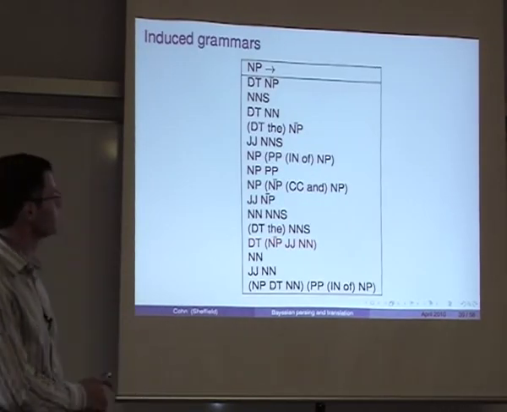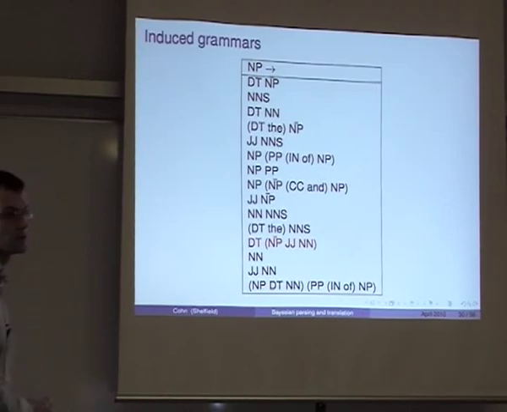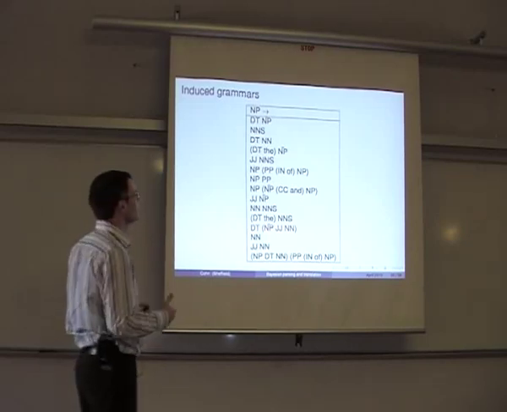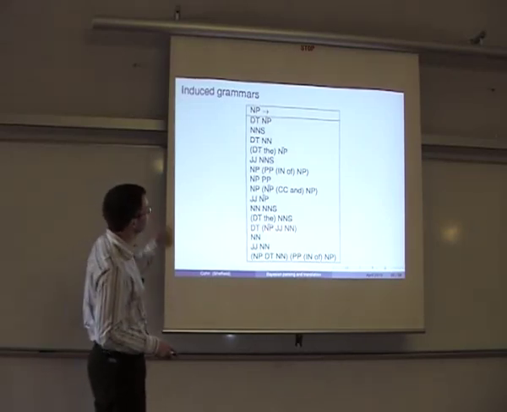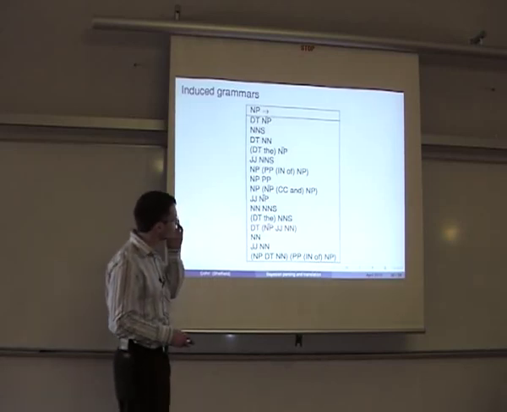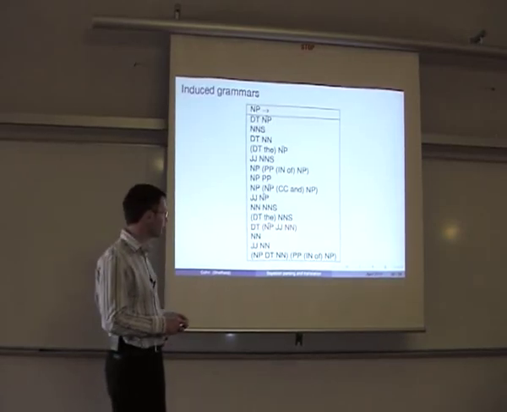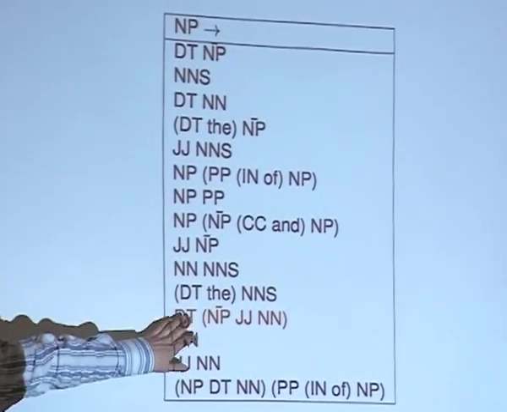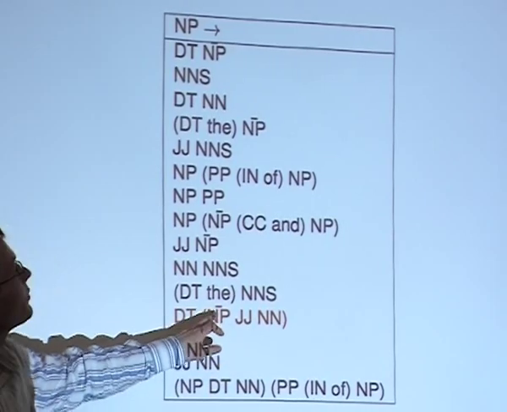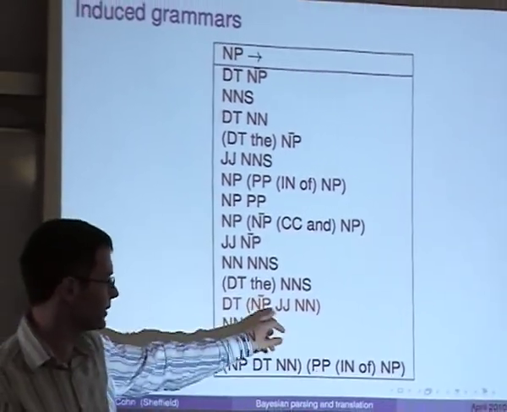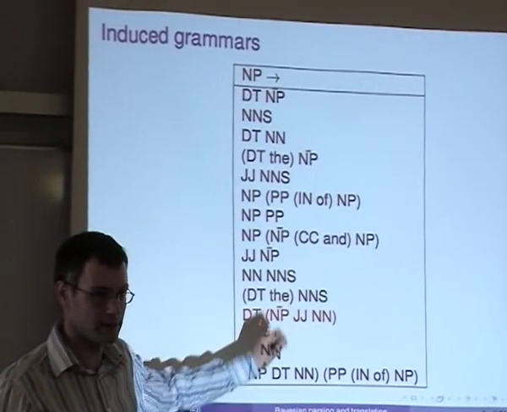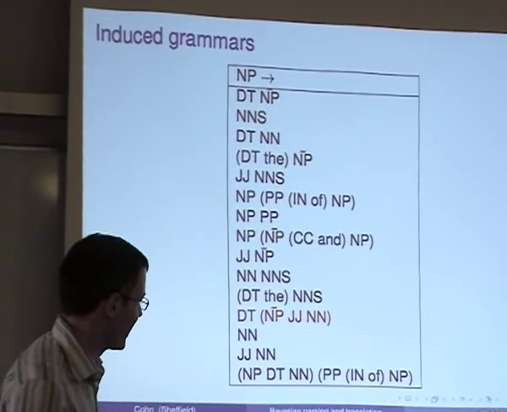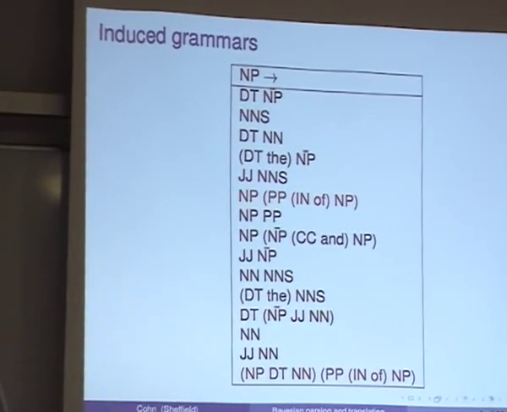Okay, so now, what kind of rules do you get out of this model? And this is the interesting thing, because you can interpret the grammars quite easily. You can look at the counts of what you've seen on the training set and look at the most common ones. So for noun phrases, for instance, we're looking at the top 15 rules for expanding them. And we see things like, there's the example here, quite common. This is our binarization. So whenever we see a noun phrase with 3 children, we binarize it to the right and add this NP with a bar on the top. And it's learnt to undo that, because that was a bad idea. It ruins the statistics, which is quite good to see.